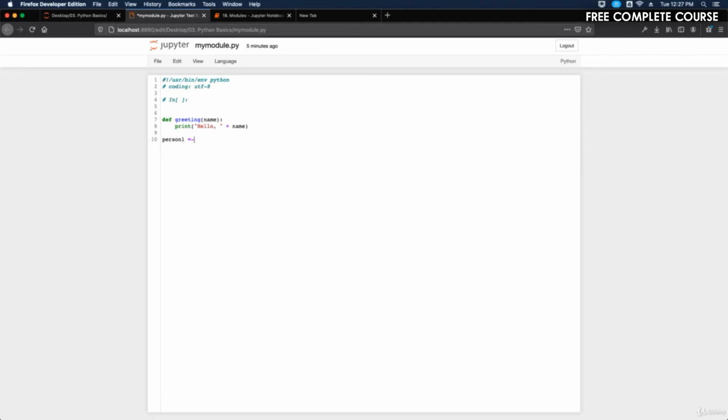So we're going to do person1 equals, and we're going to do name in quotes and then a colon and then a space, and we'll do John in quotes, and then a comma, and then we'll do age, colon, 36, and then a comma, and then a return, and then we'll do country. Then Norway. And then we'll close that with a bracket. Now when I import this, I'm going to save that. And now when I import it,